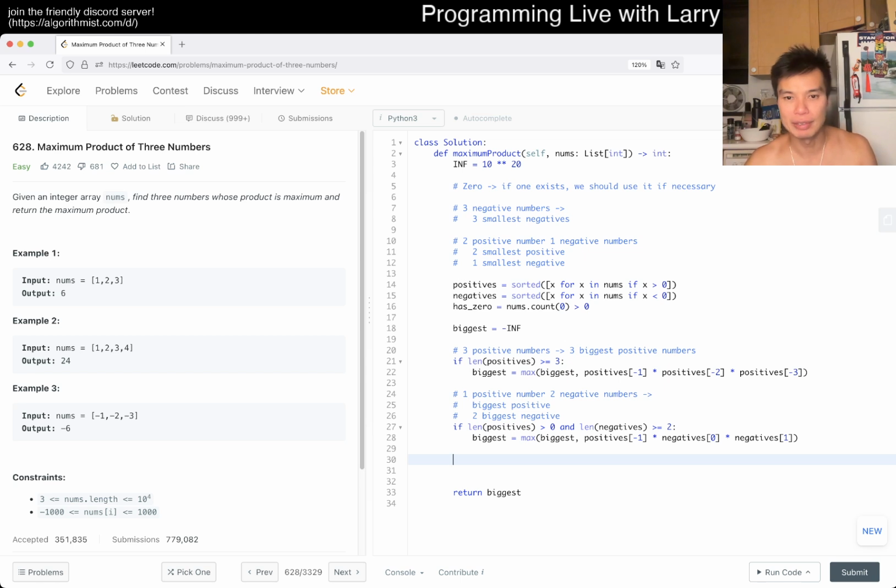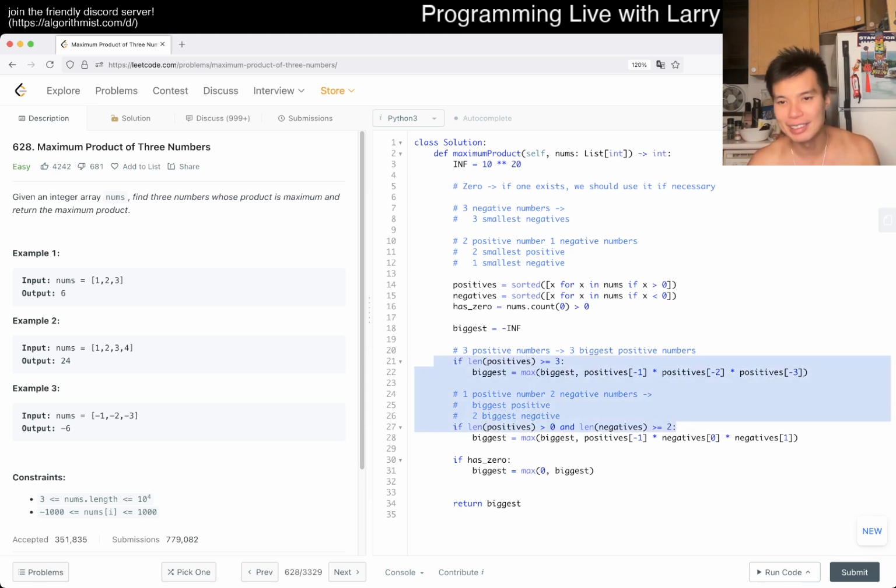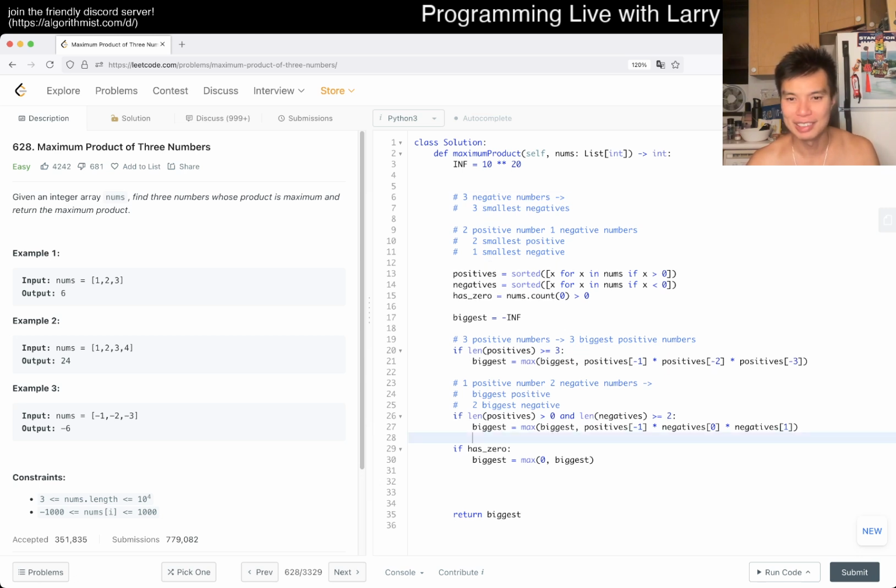And then now again, if has 0, then biggest is equal to max, 0 biggest. You can probably even return at this point. The only thing is that these two things can have a different ordering. It's not clear which one will be bigger if you have a lot of numbers and satisfy both. But if neither of these happen and it has 0, then you could probably return it, but it's fine. We don't have to prematurely optimize, as I always say. Just kind of YOLO it, and then let Leetcode tell us that we have to optimize it,